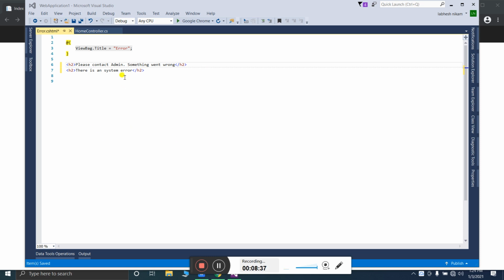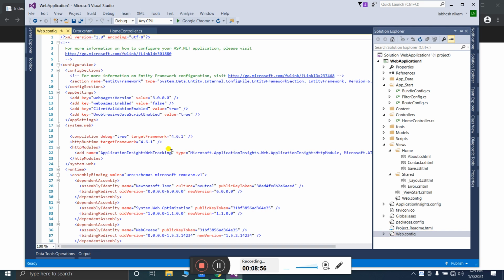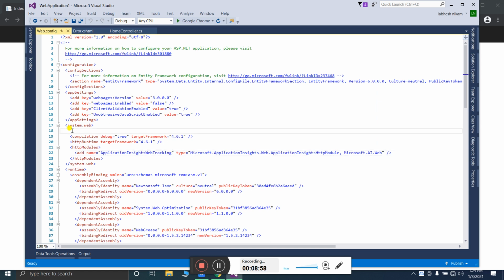I have created one error.cshtml view page inside of the Views Shared folder, and it returns this message. There are two web.config files. I will select the root web.config file, and inside of system.web I will add custom errors mode equal to on.